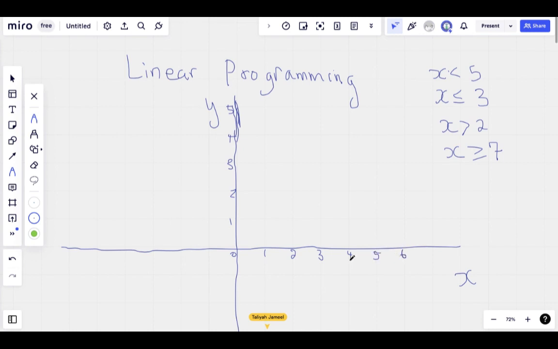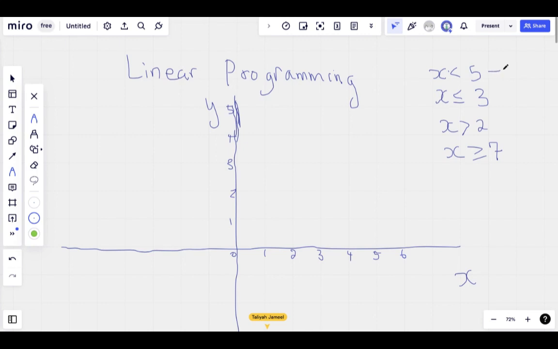If we say show this inequality, x is lesser than 5, you look for where the x-axis is. This is the x-axis. If you say x is less than 5, it means when we use only less than,